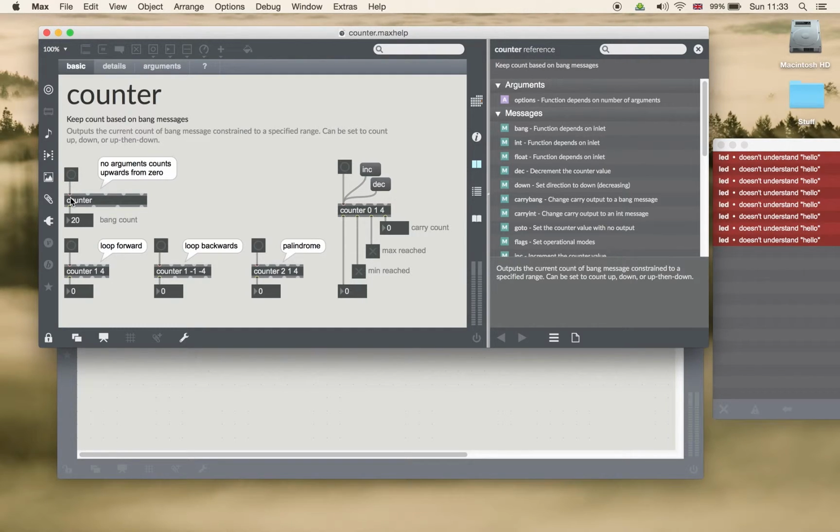The bang button sends a bang message into counter, and counter knows that if it receives a bang, it counts up. If I have two numbers here, this is the starting number to count from, and this is the end number to loop from. So if I actually start clicking there, you can see it goes 1, 2, 3, 4, 1, 2, 3, 4. This is the behavior I want, so I just want something like counter 1, 8. I can now close the help file